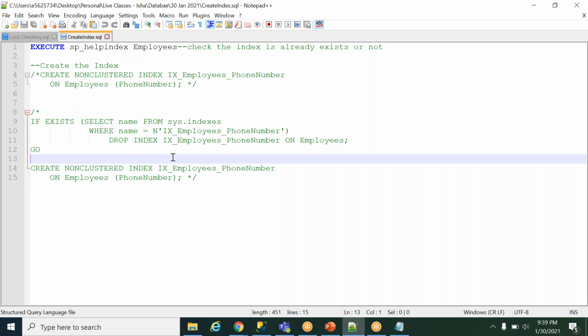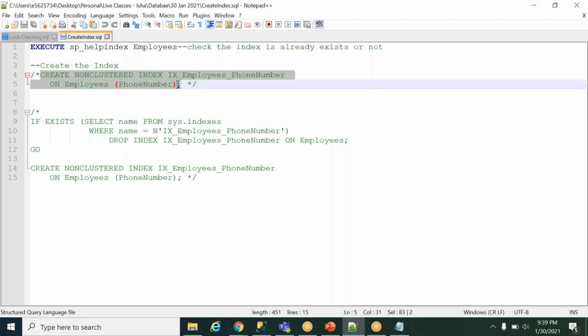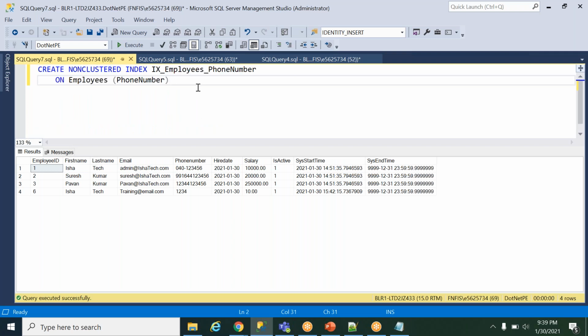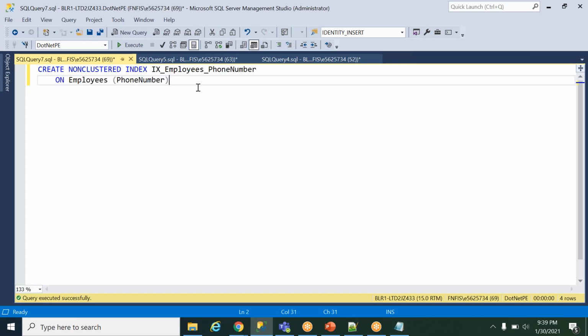So the main point here is that the non-clustered index will happen on a primary key and a reference row. No. Clustered index is on the primary key. I'm creating a non-clustered index and then I'll tell you. Okay. I am not clear about the non-clustered index here. That's all.